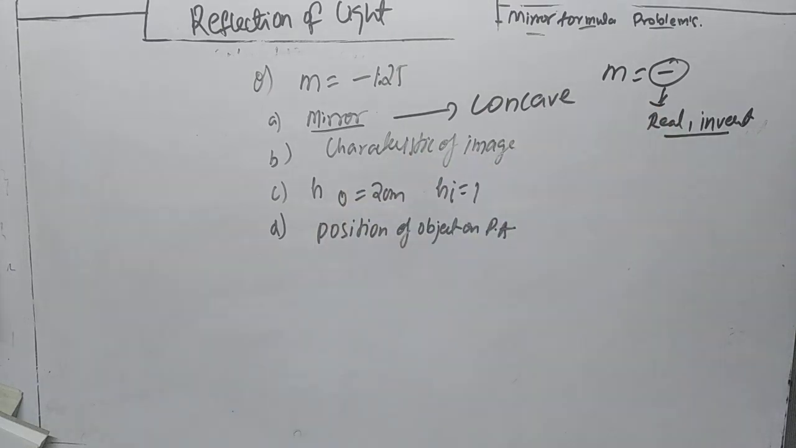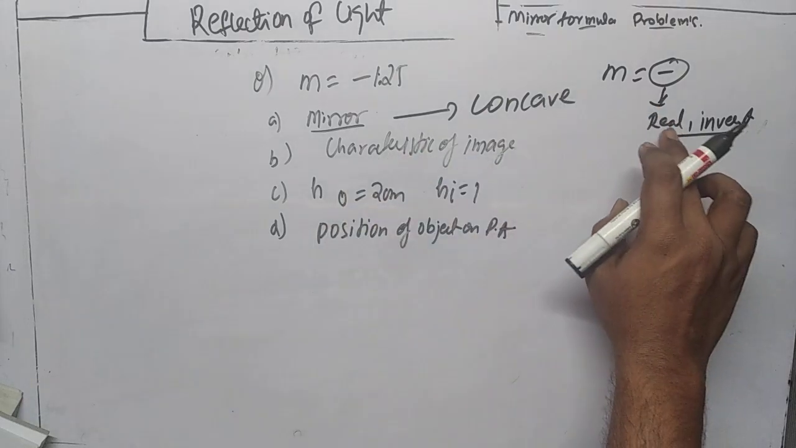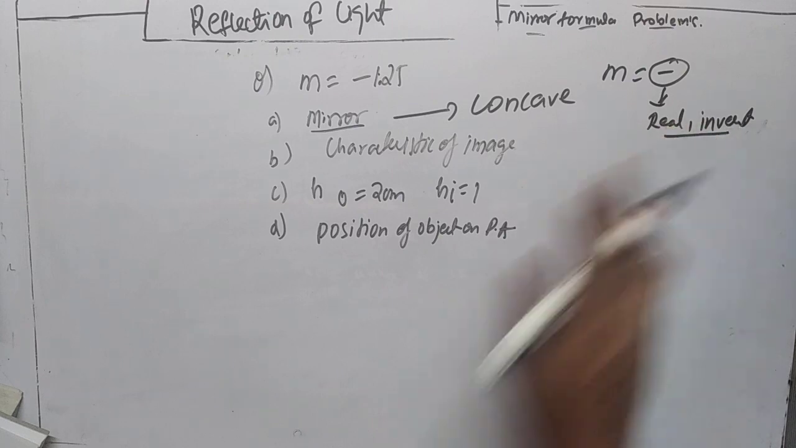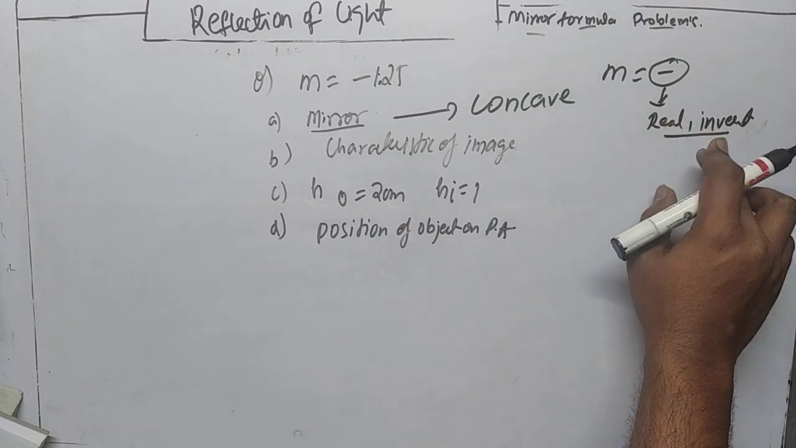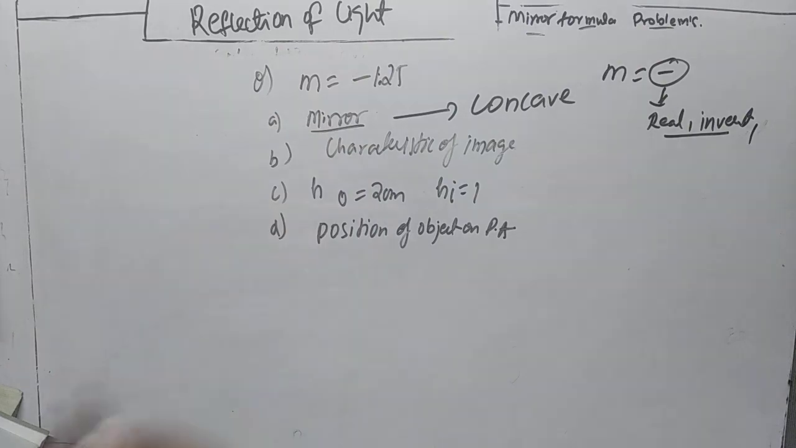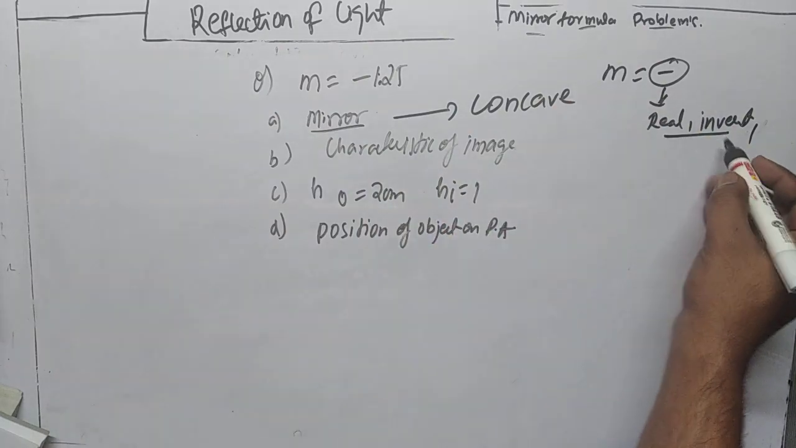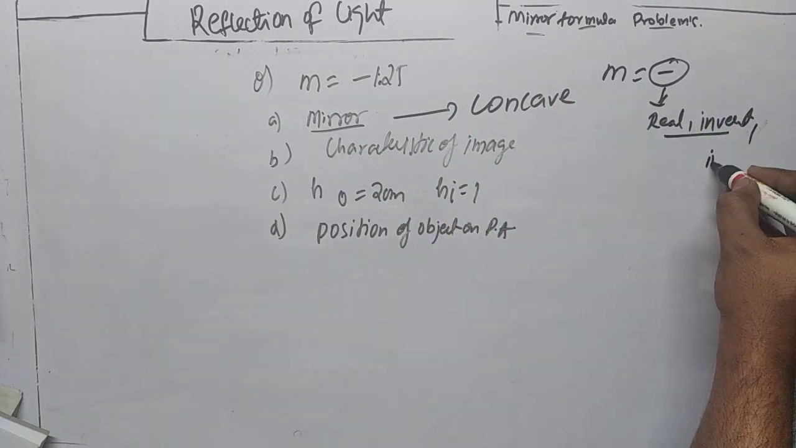What are the characteristics of the image? The image is real and inverted, and the magnification is more than 1. Whenever the value is more than 1, the image will be enlarged. So it is real and inverted and